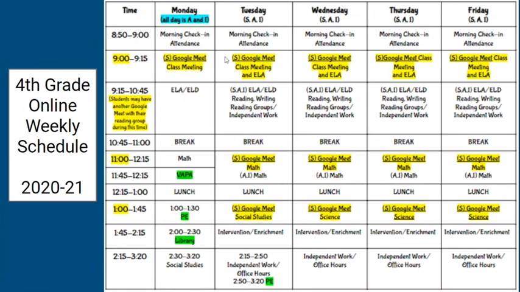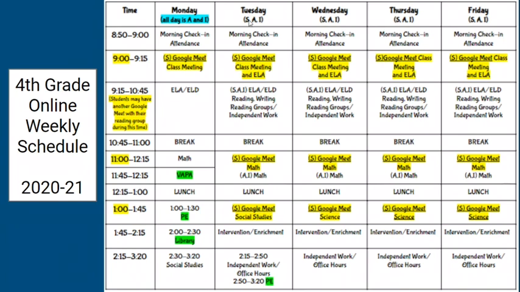And you can see it says class meeting at 9 o'clock. The students will stay for ELA instruction, so that could include reading, writing, eventually reading groups. So students may actually get on at another time to meet with their teacher and a small reading group. Once the teacher is done with the class meeting and does instruction with reading and writing, then the students will go off and work on their own on certain assignments.